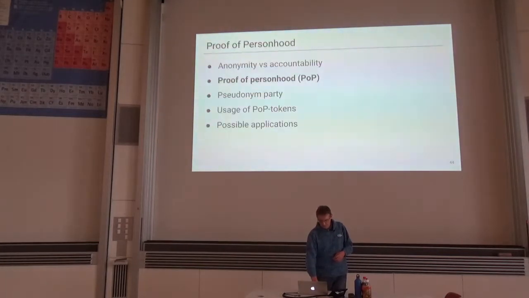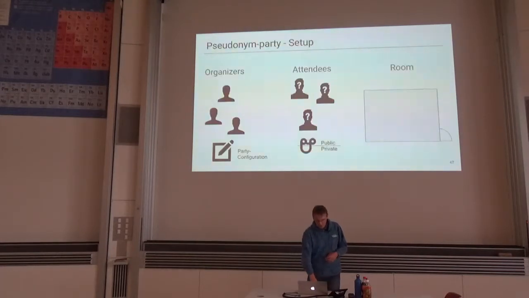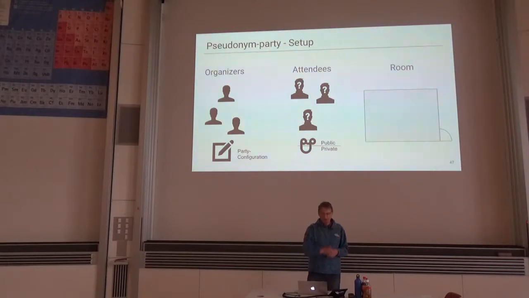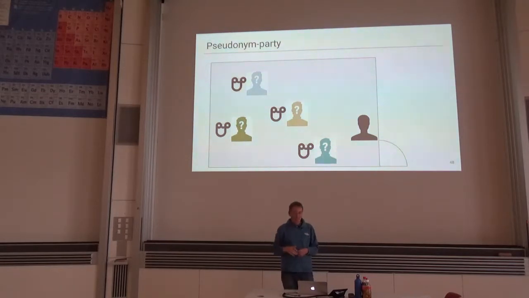So one possibility is to do what we call pseudonym parties, where the goal is to link one physical person with one cryptographic token. So very short, you have organizers that set up the party. One of the organizers needs to be trusted. Then you have attendees and you have a room. And what you do is you gather all the attendees in the room, and at the exit you have one